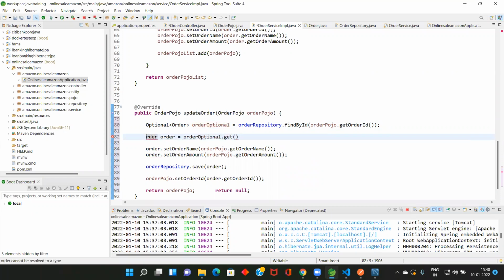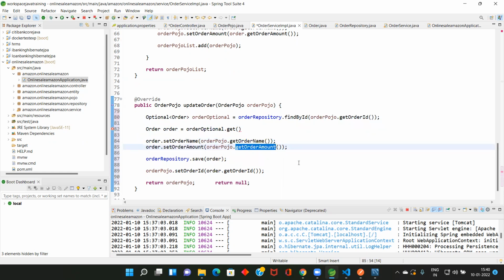So we got the order. Then what else are we going to do? Order dot set order name, order dot set order amount. Okay, ID we are not going to set. I think you can understand what we are doing here.